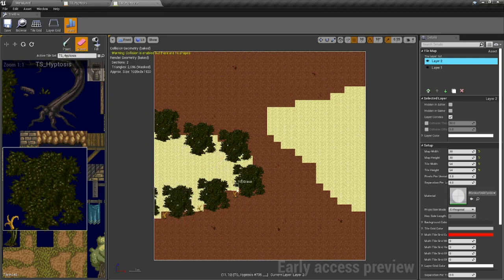Erase those little stickies. What that is, I guess it's not a plant.